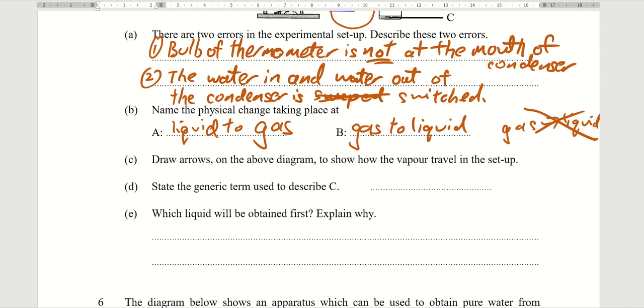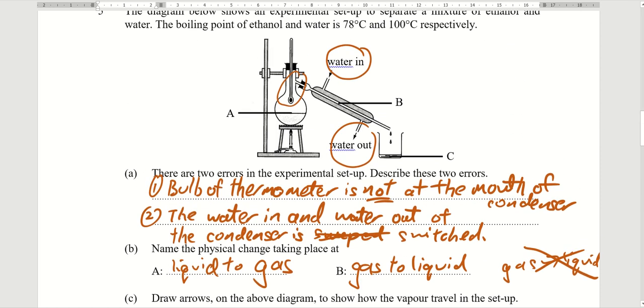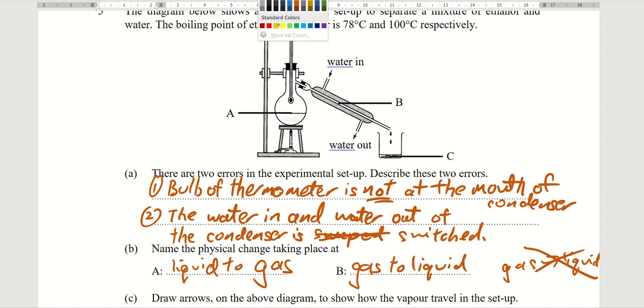Okay, so let's refer back to the diagram. Many of you, when you did this portion, I don't think you actually noticed this part of the question. Either that or you chose to skip. Many of you actually chose to skip, so this is a problem. Remember, I told you during lesson that you should be attempting all questions, rather than leaving them out. Only then will you learn. Okay, so anyway,